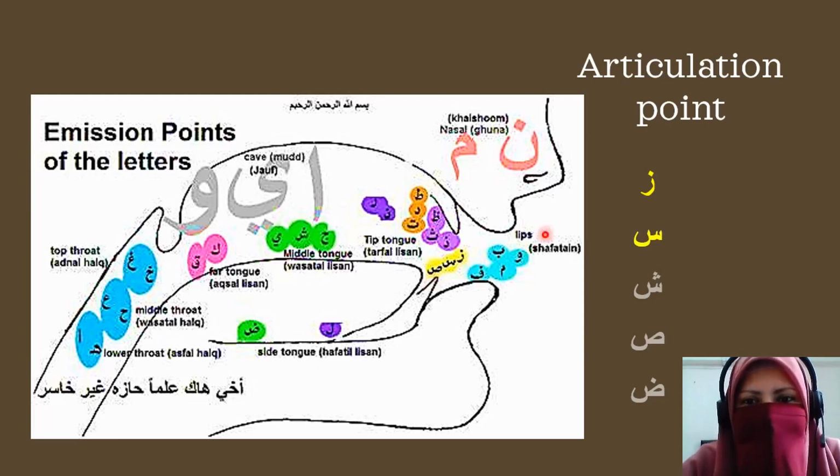Next we have the letter sin, also from the same place, the front here. The tip of the tongue touches the edge of the front two incisors. But this time round, we don't make the z sound, we make the s sound. Sin, sin, sin. The letter shin here, its articulation point is in the middle part of the tongue